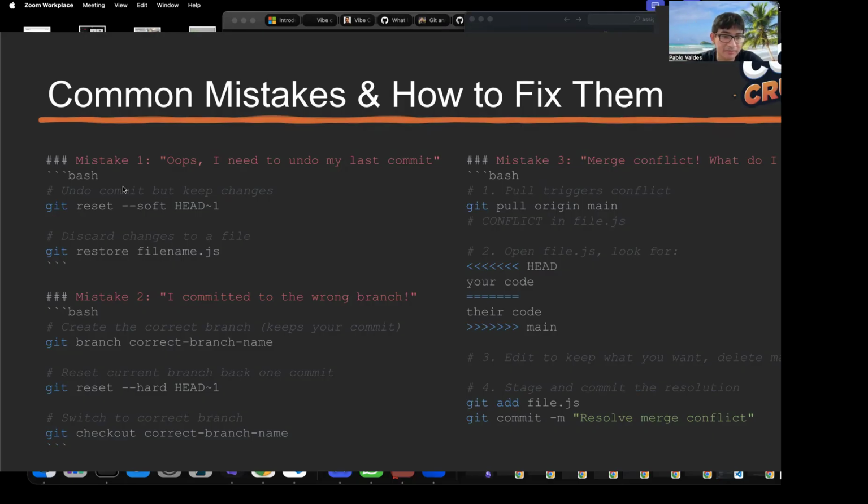So you could undo that commit using this command right here, git reset --soft HEAD~1. And what that does is just remove the previous commit from your history. And the soft keeps the code changes. If you do --hard, that removes all the code changes you made.